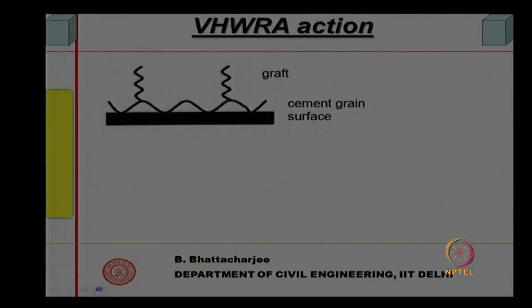If you look at the very high range water reducing agent or PC based superplasticizer action, you remember we said that this will have a combed structure. So, there is another, the copolymer ether. This copolymer, which is an ether, will be here, and this is the main carboxylate group. So, a long chain, and this is the graft where you can put in any desirable ether depending upon the properties you require,